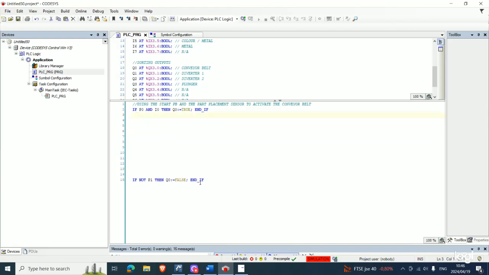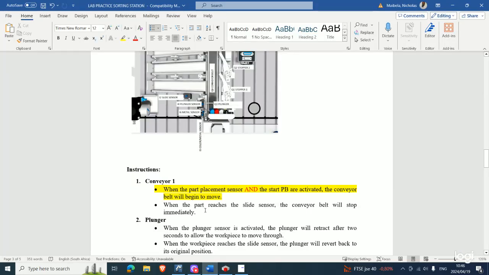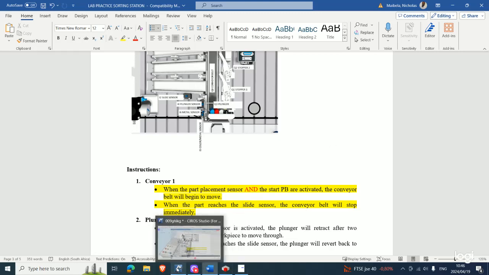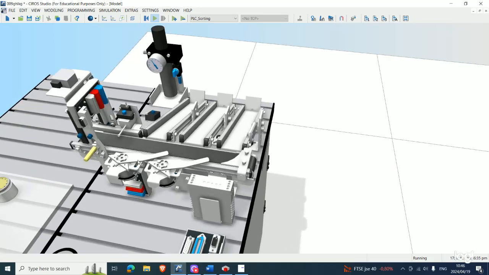Now, let's look at what they're saying. Going back to our guide, they're saying when the part reaches the slide sensor, the conveyor belt will stop. As our station is functioning, the part will come in and then go down either of the 3 slides. Regardless of the slide, the slide sensor always gets activated, and we'll be using our slide sensor to tell our conveyor to stop. So now how we do that